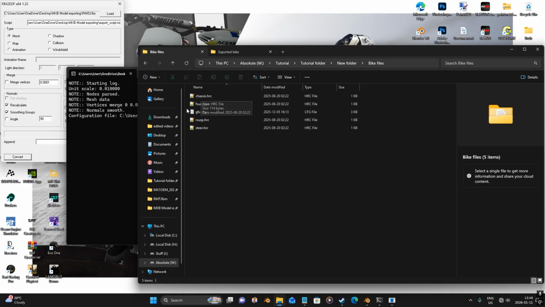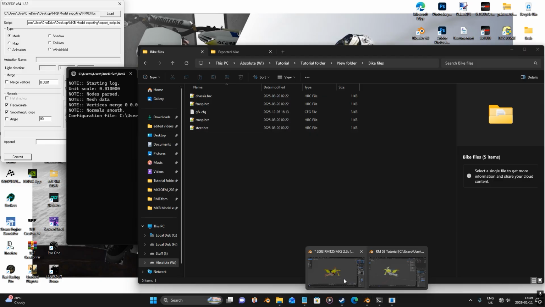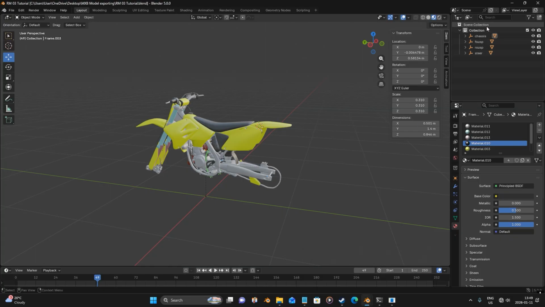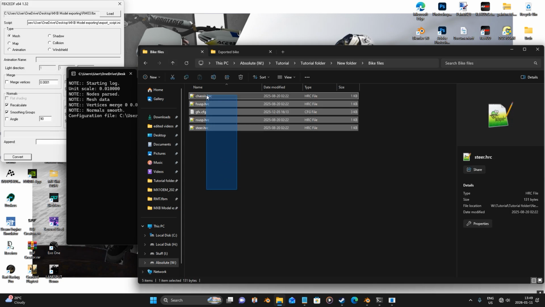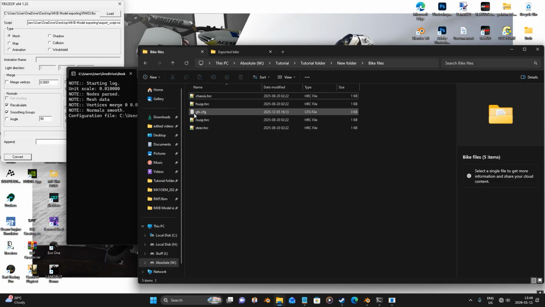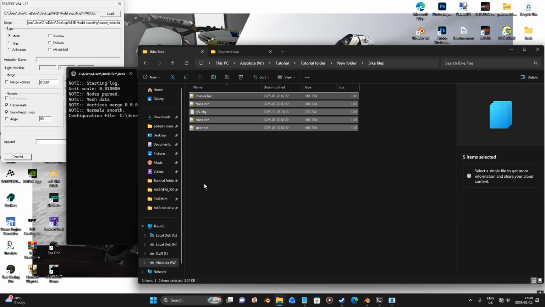The chassis.hrc, suspension.hrc, and steer and rear suspension also correlate with these file or folder names in Blender. Essentially, this will allow us to tell the game to almost render the GFX file as well. But essentially, these files tell the game to render out